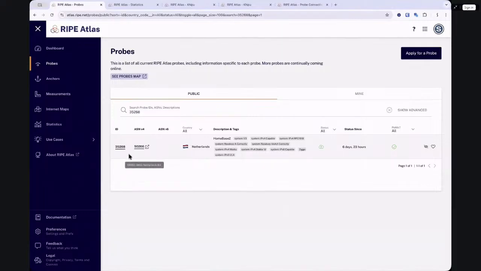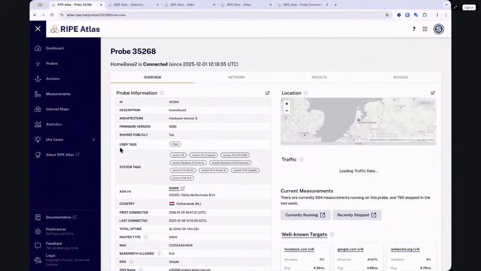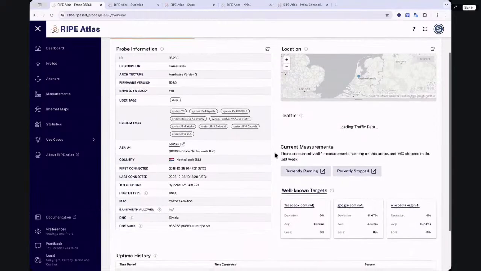So if we're looking at the probes page, let's say we want to go and look at the detail of this particular probe, you can click on the ID and that will take you to the probe detail page. And on the probe detail page, you can see details related to this probe. You can see where this probe is. You can see system tags that are related to its IPv4 or IPv6 capabilities, or other items that relate to the status of the probe. You can see what ASN it's in, and you could link out to RIPEstat to get information about those ASNs. You can